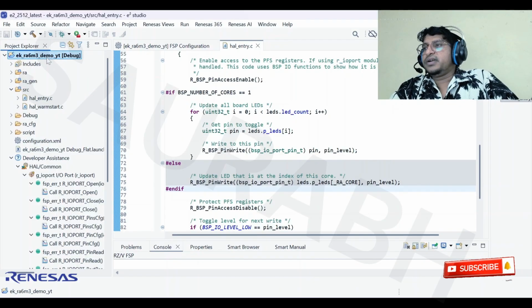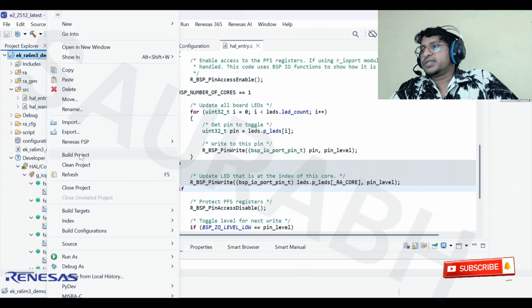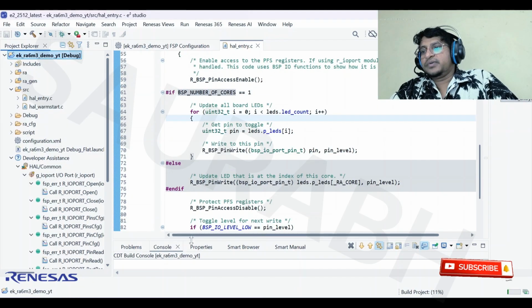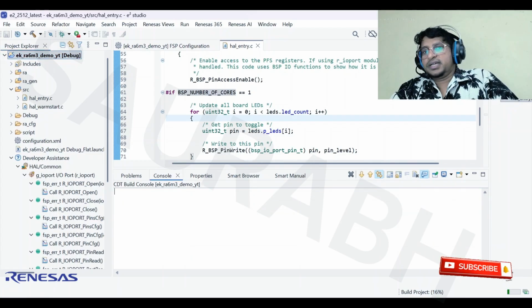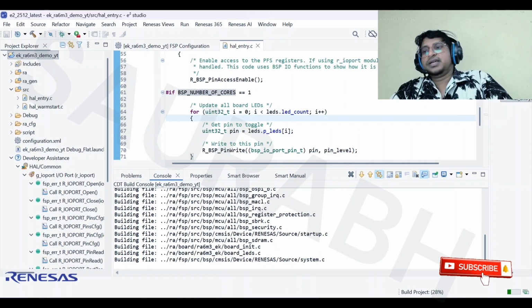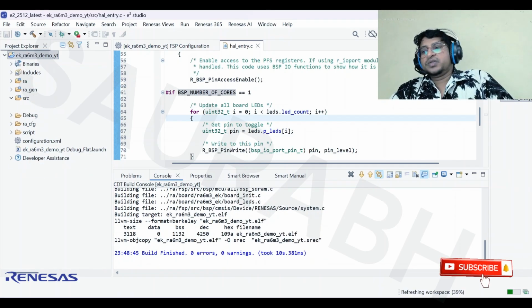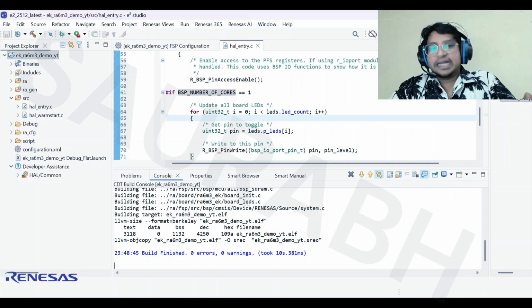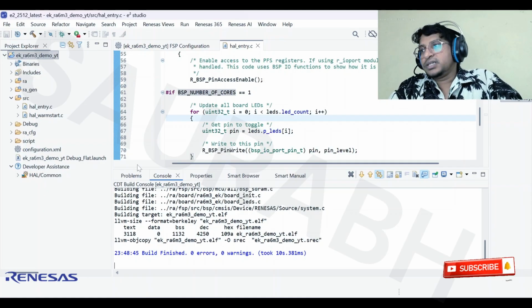For building, you can find two ways here. Right-click and Build Project. The other way, here you can see the hammer symbol. So you can build from here also. Other options are also there, but these two are the shortcuts you can find first. So here I am going to build, and you can see at the console side it will appear here. You can see the build process is going on. If any error comes, then it will pop up in red, and it provides the error code also. You can see here, no error, no warning. Why does this happen? Because e2 studio itself created this project, so it takes care of all those settings and configurations also. Here again, we can build to recheck it.